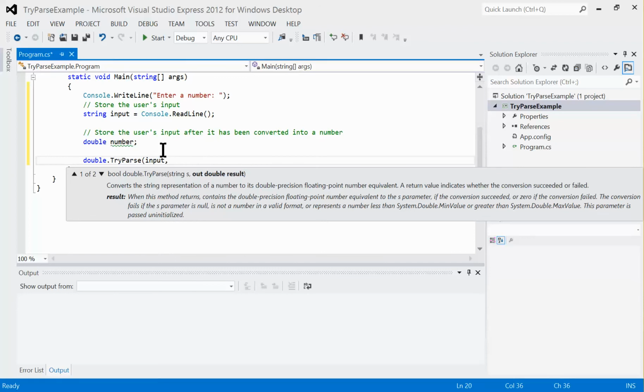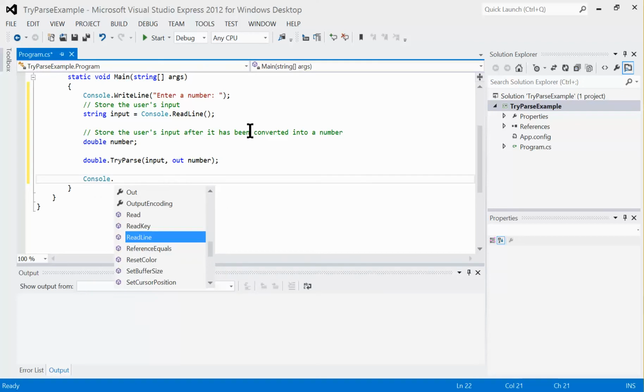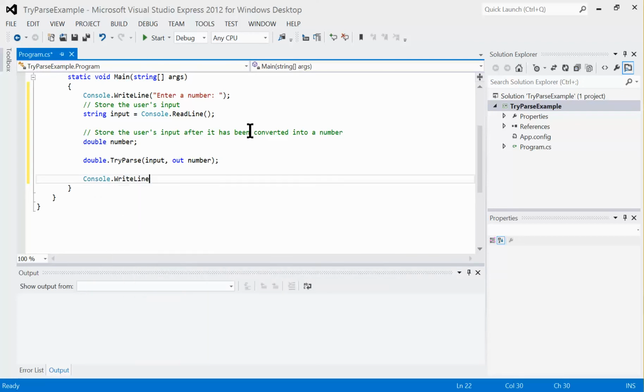Next, the second variable is the variable that I want to store their converted input. And I created the variable number over here. So I have to use this keyword out, and then I'm going to write number. So now I can print out the number, console.writeLine number over here. And when I run the program,